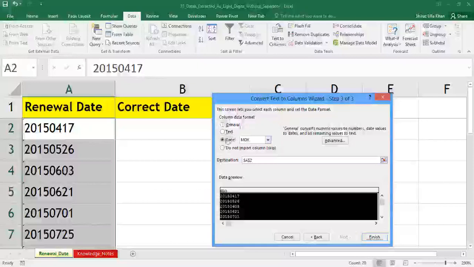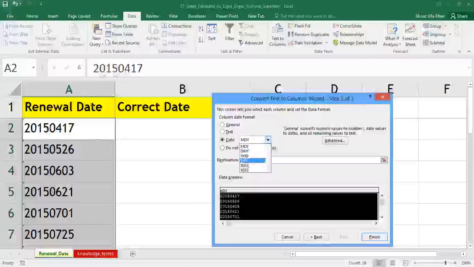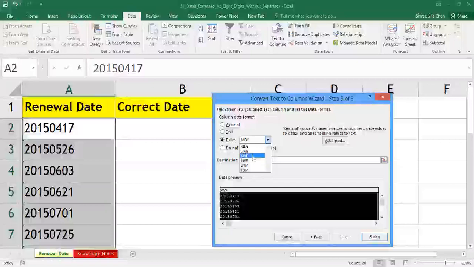Once you select this radio button Date, there is a drop down here with different date formats, MDY, DMY, different date formats. And people, as I told you, the format of this date is the year, month and the day. So please select the third entry from this drop down, which is YMD, matching our data. So I click on YMD. I'm converting this date into the specific date format.